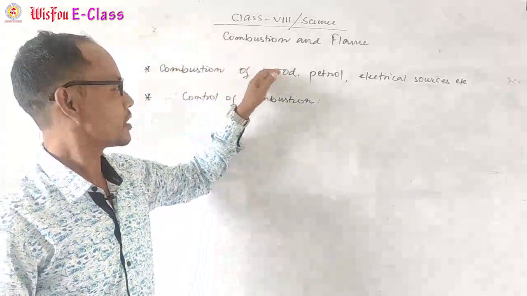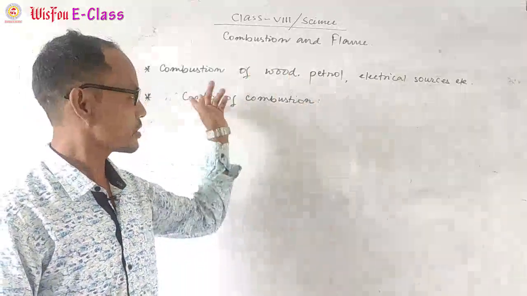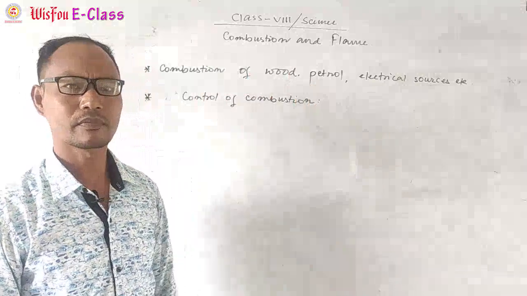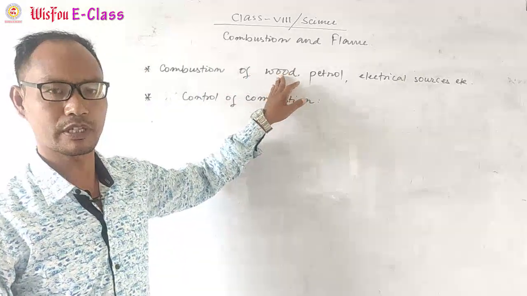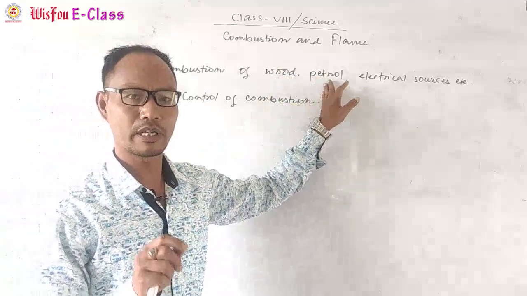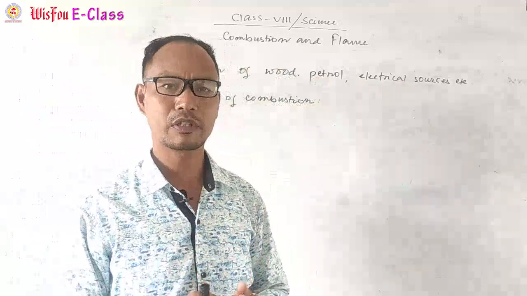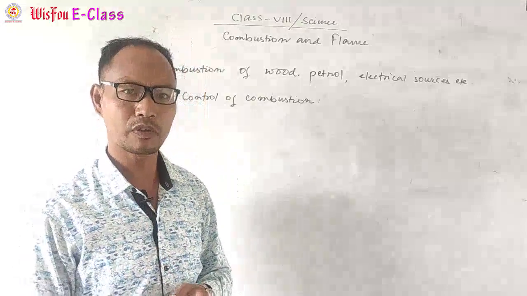Combustion of wood, combustion of petrol, combustion from electrical sources. There are three sources. So we have learned about the combustion of wood. It produces heat and light. Petrol also produces heat and light. And electrical sources also produce heat and light. So today, basically, we have to discuss